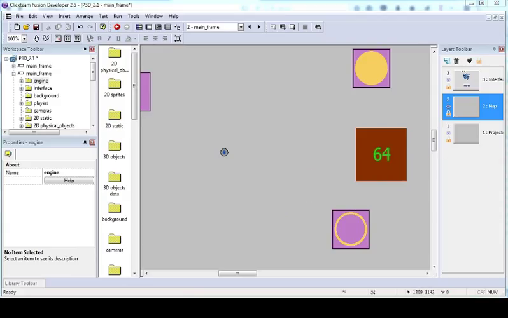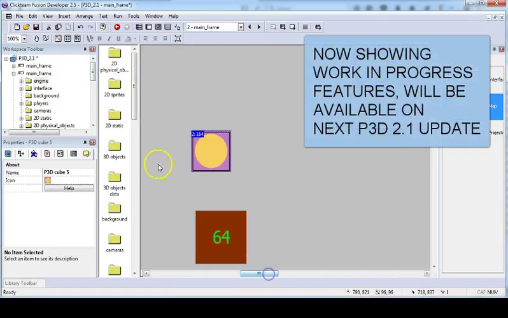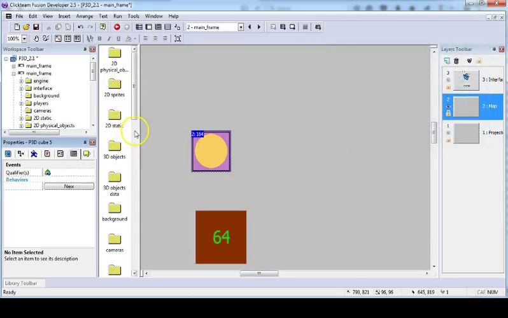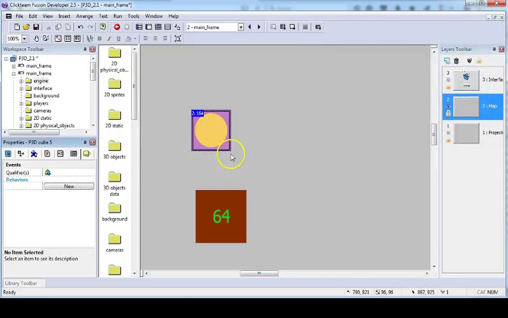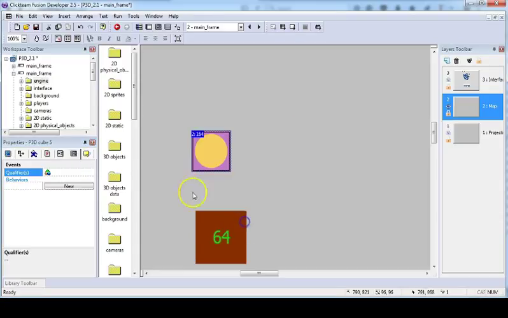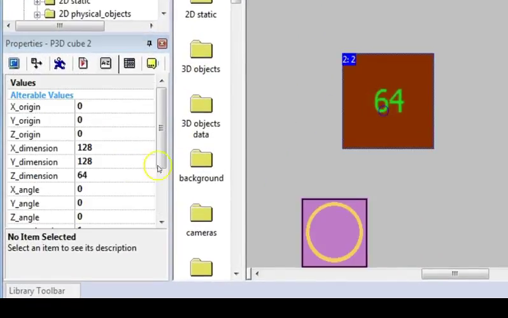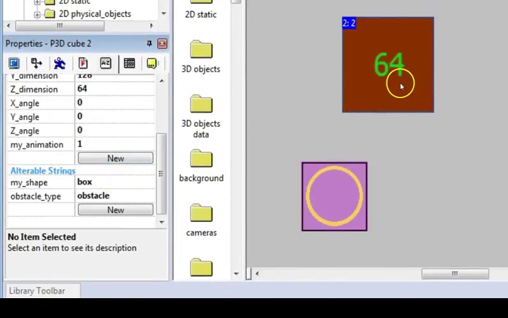Now I want to show you some of the upcoming features you will find in the next free update, and there will be a new set of objects. You can see them here. This is the new qualifier, shapes. You can state if the object is a sphere, a box, like box, we already have boxes, but this one